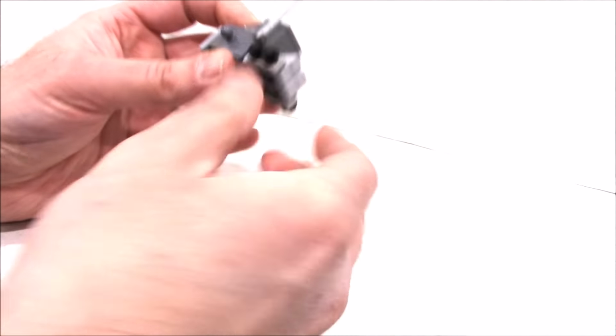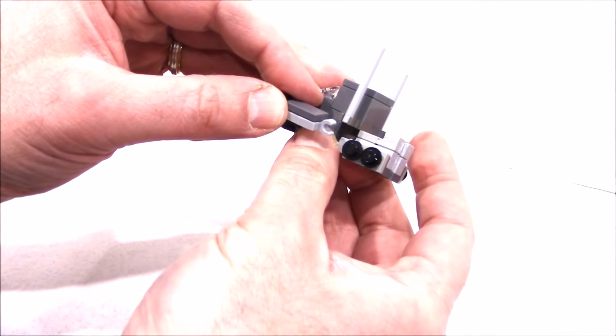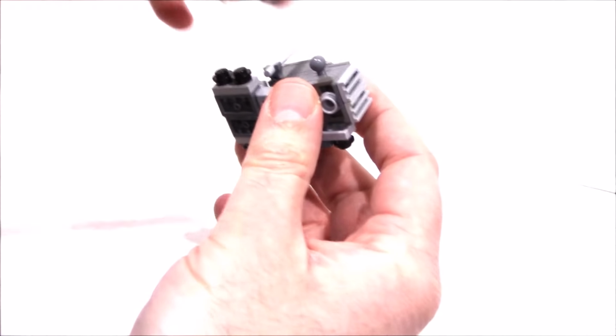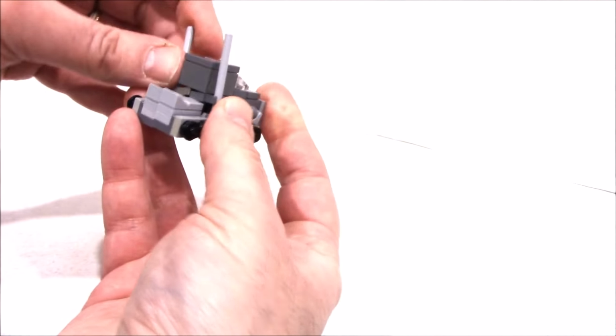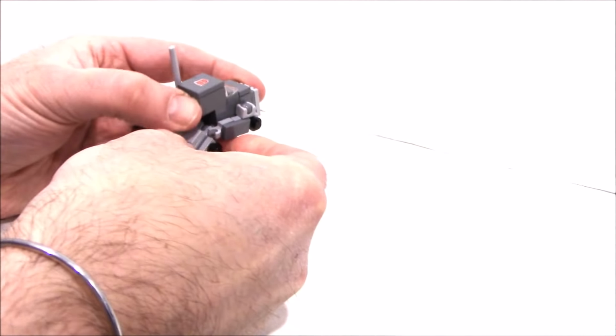And then now you're going to put the 2 arms, or the sides of the vehicle, on. Put one on like this. And you're going to put one on the other side, the other arm we built. Okay. And then you can go and adjust your